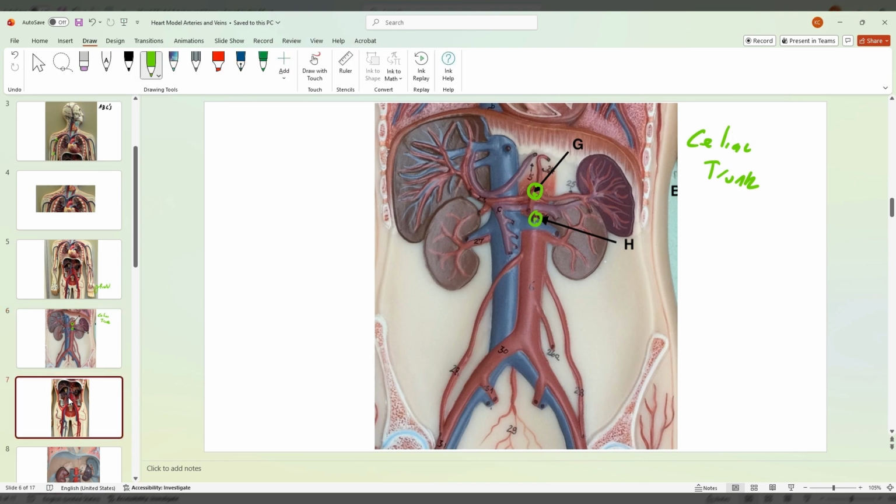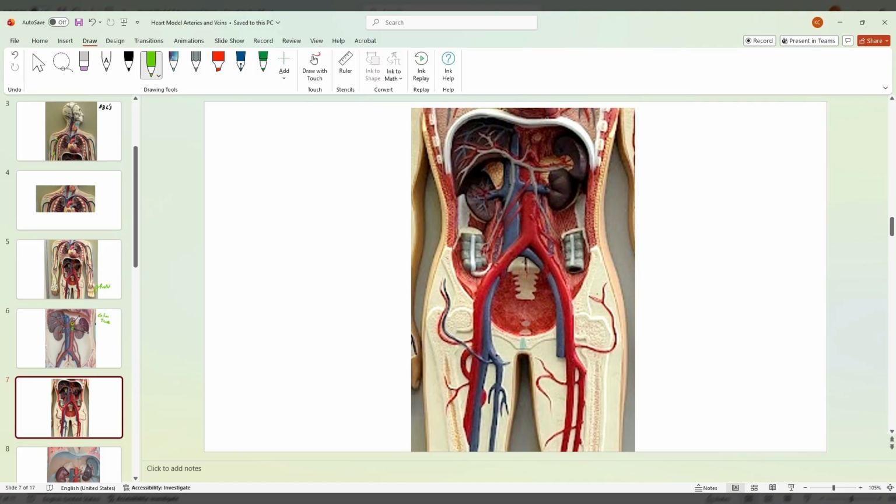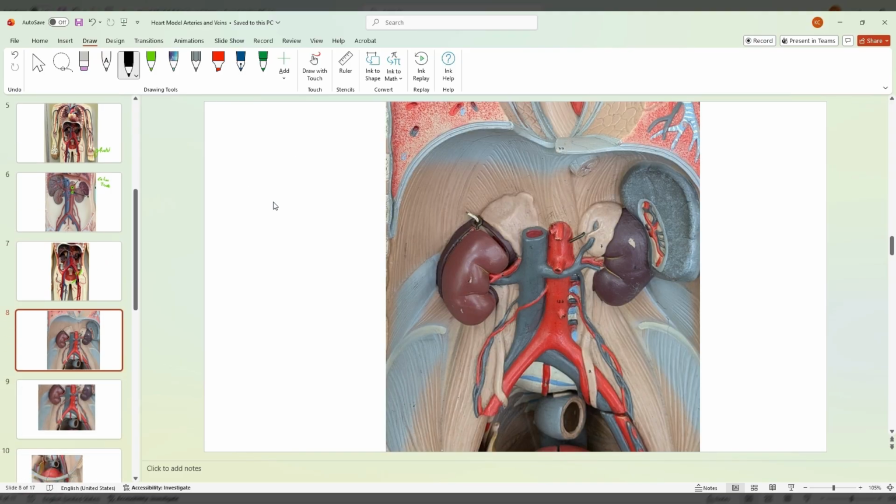Now, as we go down, once you pass this region, now there's no actual indication of the inguinal ligament here, but we're going to use that bone as the example. We have this right here, remember, is the external iliac vein, and this is the external iliac artery. Once it passes that area, which is where the inguinal ligament would be, it then changes its name. So the name is now going to be the femoral artery and the femoral vein. And here's just another, again, it's a lot of the same